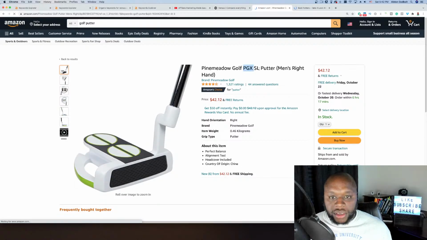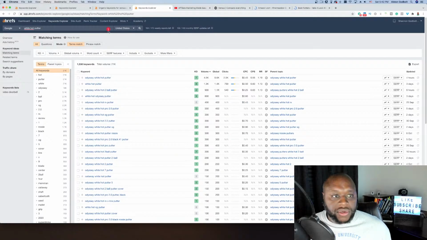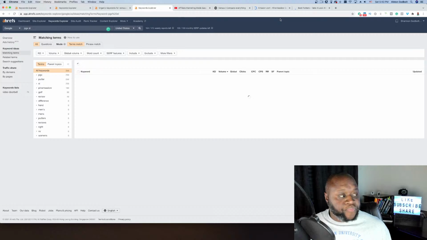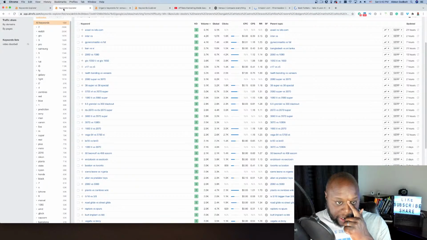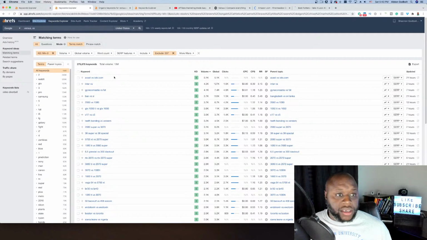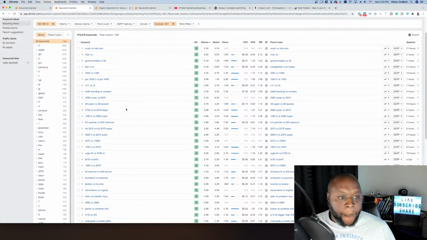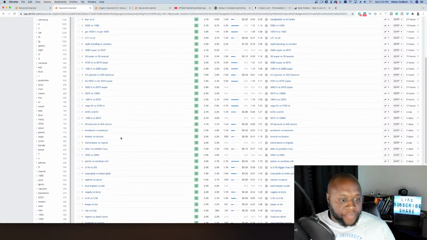Let's do PGX SL. We're going to copy this. Go back over to our keyword research tool. Paste that in. And we'll see if people are searching for that. But we're going to get to headphones in just a second. But guys, in general, the cool thing with what I did here is there's 15 million monthly searches. There's 275,000 plus keywords in just comparison. And once again, people are comparing basic things. I even stripped out everything.